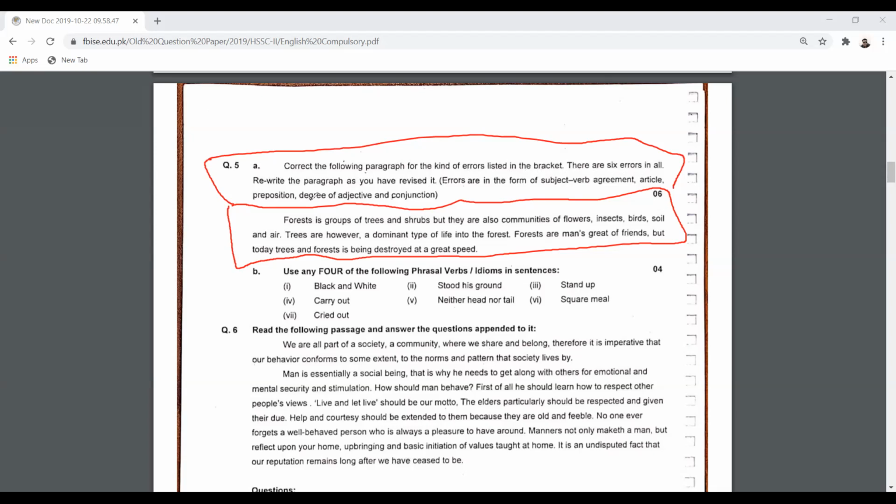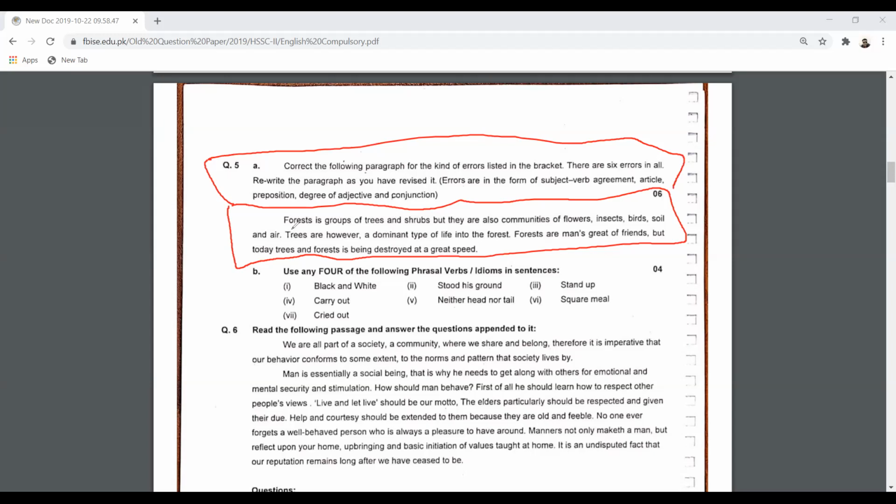There are 6 errors in all. Rewrite the paragraph as you have revised it. Errors are in the form of subject verb agreement, article, preposition, degree of adjective, and conjunction. Now here what we have to do, we have to revise, we have to read the paragraph once, twice,